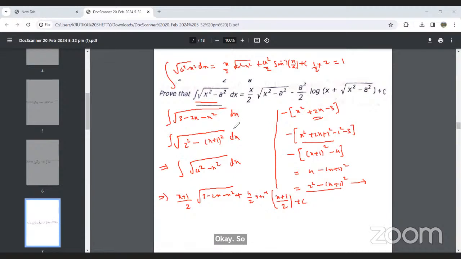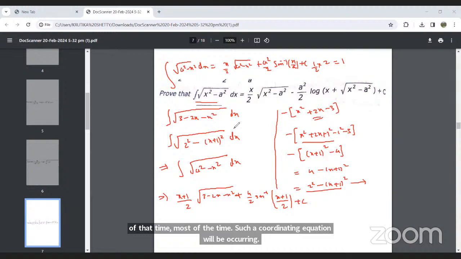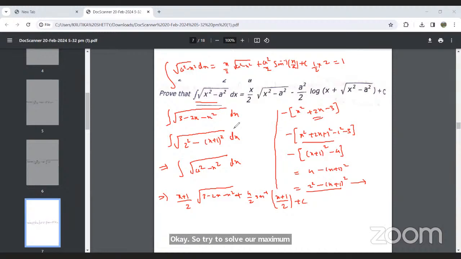So most of the time such a quadratic equation will be occurring. Okay, so try to solve maximum quadratic equations, such kind of questions. Okay,